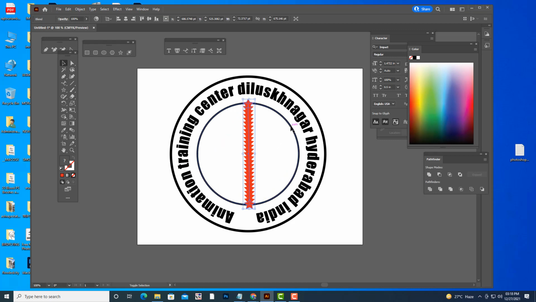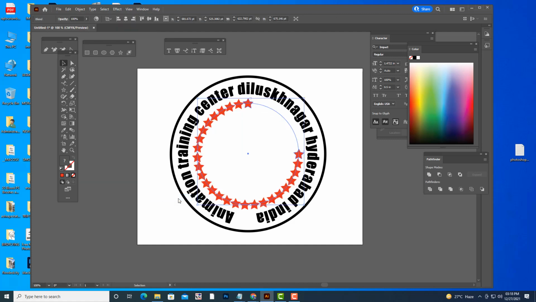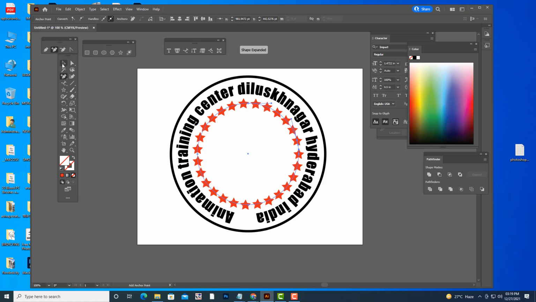Then we'll select this path, go to Object, Blend, and select Replace Spine. Now if you want the stars to cover the entire ellipse, we'll select the Add Anchor Point tool and click here. See, now all the stars are equally distributed.